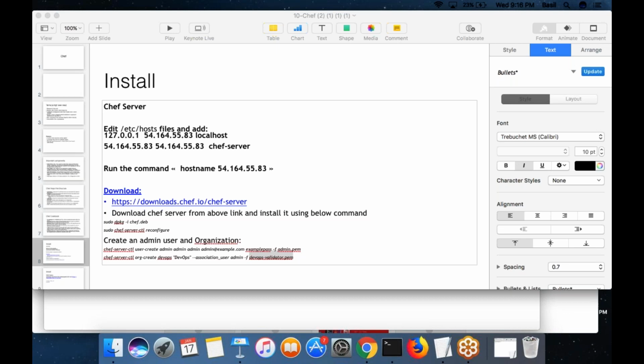But assume some machines are in a different VPC, or some machines are on-premise machines, in a data center, not within AWS. In such a situation, there can be other machines which the Chef server wants to manage, not only the machines within AWS. That is the reason the public IP is recommended in Chef. But if you have your entire infrastructure in a single VPC, then yes, the best option would be to use private IP instead of public IP.